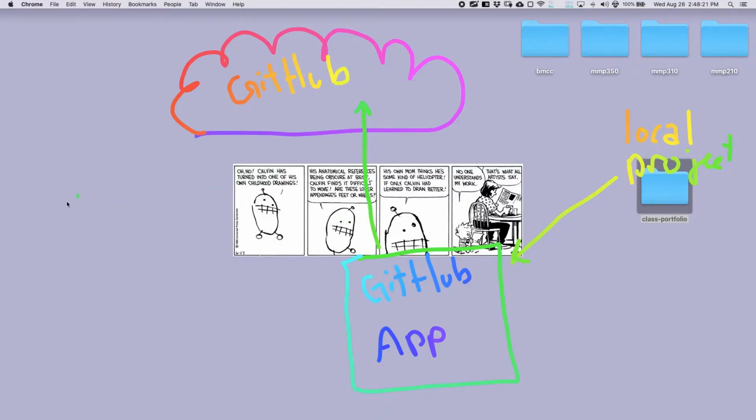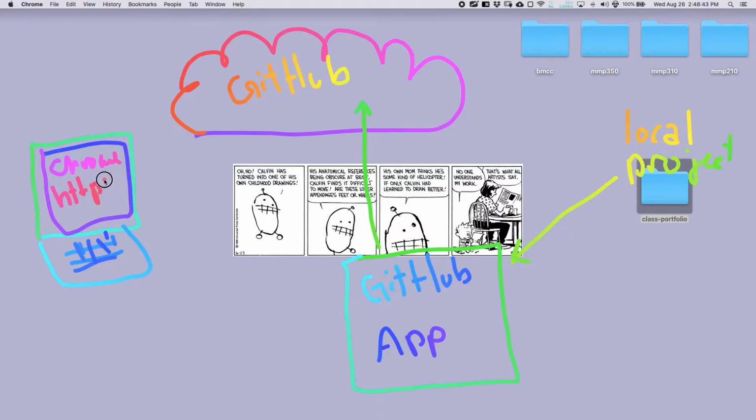What that's going to allow us to do is, let's say we have another user over here, I'll just draw a little laptop, and they have their browser open. Let's say this is Chrome. If you send your website to somebody, they're going to type in or paste in the address. They're going to use HTTP or HTTPS for hypertext transfer, and they're going to end up with the URL that we create. Mine is going to be something like